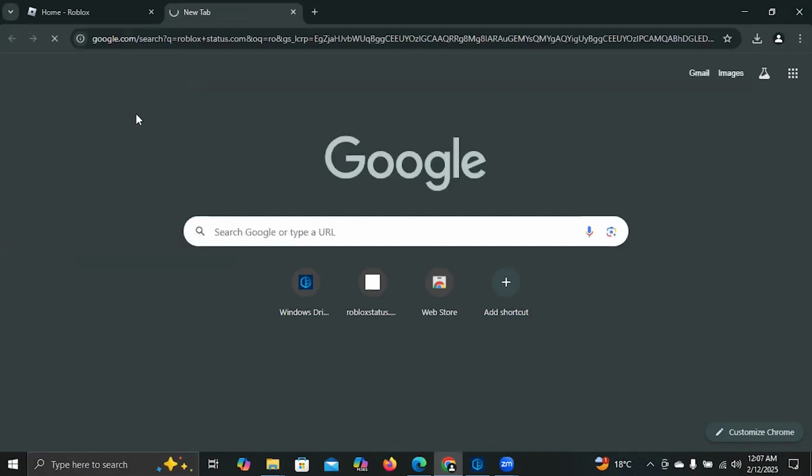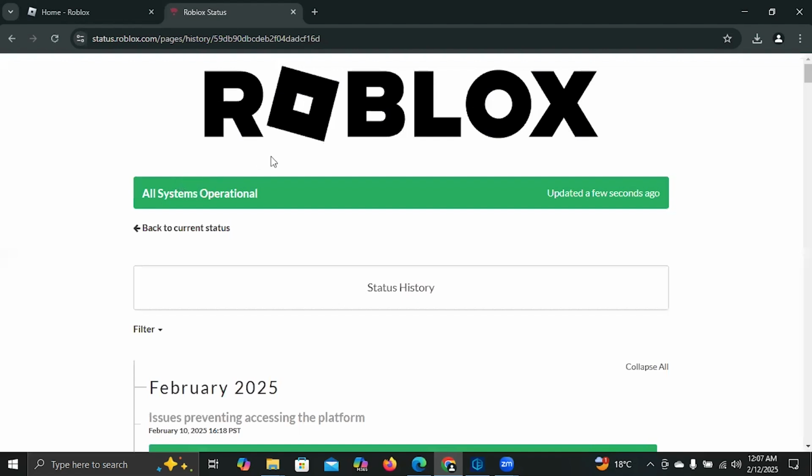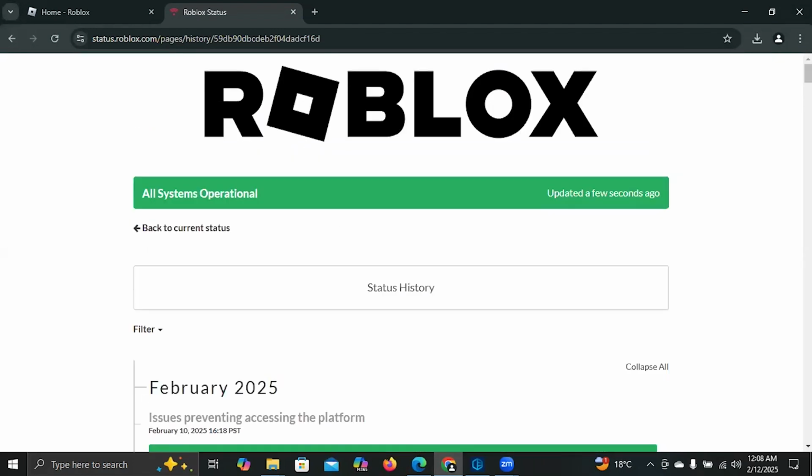robloxstatus.com. Click here on the first link, and then you're going to find that all systems are operational and they have been updated a few seconds ago. Now, if this still does not work, you're going to consider coming here a few days later or restarting your